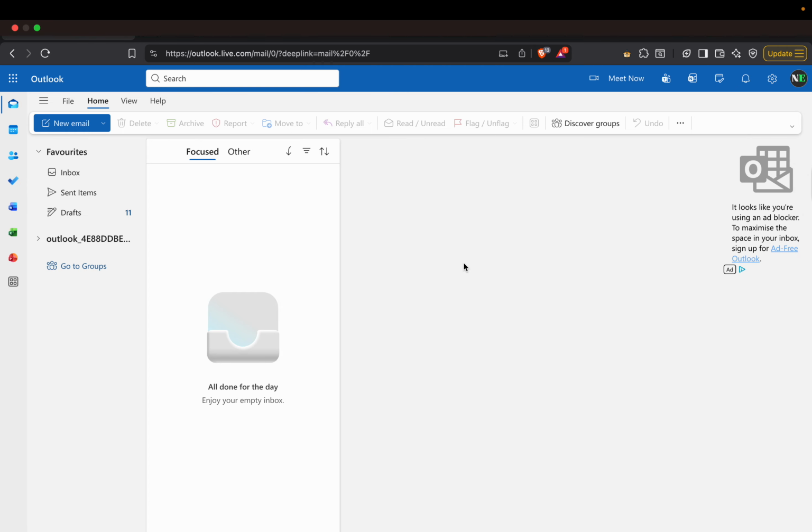Then the last thing is, you try to enable modern authentication. For enabling modern authentication, you contact the admin to enable modern authentication in your account. Okay, and if you follow all the steps and still have the issue, then